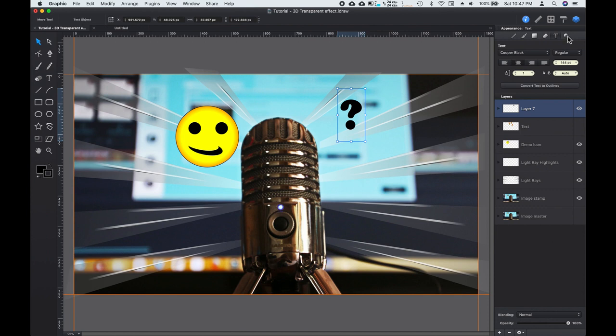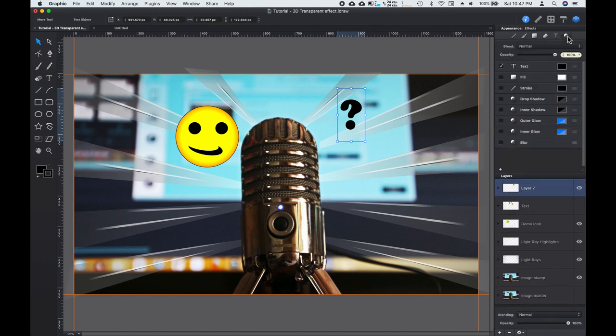Alright, we can go back over to our special effects tab here. And now we can just change the main text color. But we don't actually have to use that. We can actually go here, turn on fill,